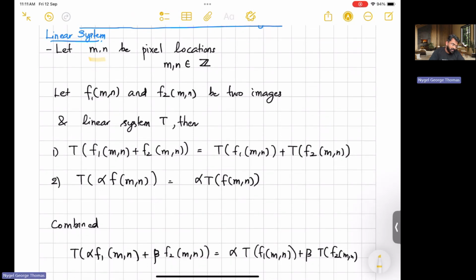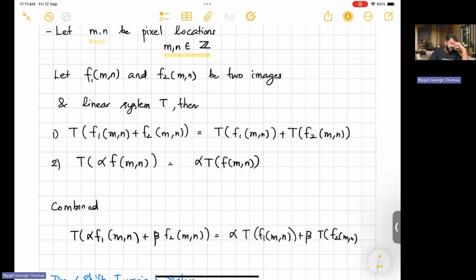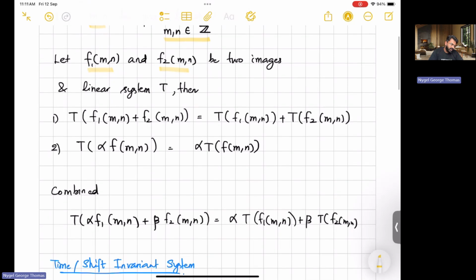M and n belong to the set of integers. So these are the indices, pixel locations. So f1 of m,n and f2 of m,n are two images. These two images are given to a linear system T, which takes in these images and gives some output. The system to which we are giving these images as input